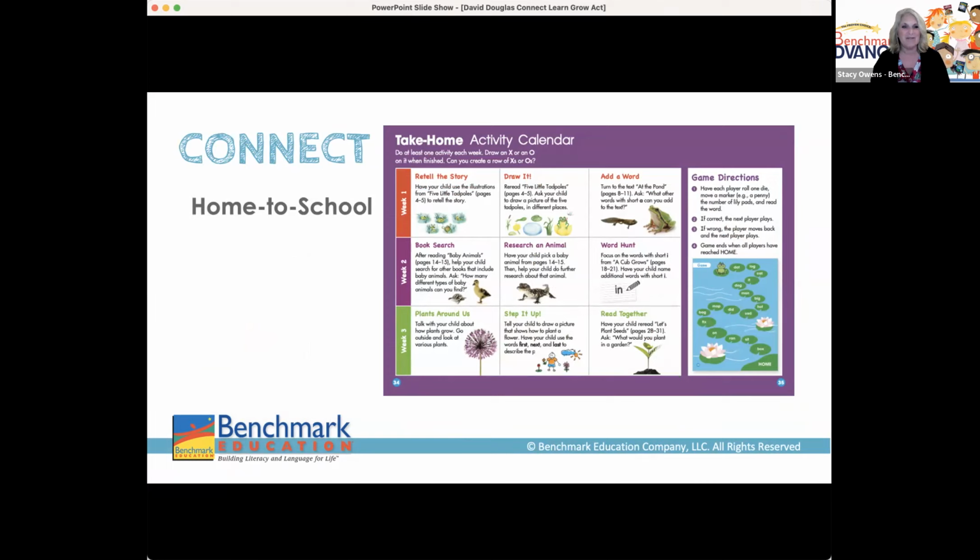In the take-home activity calendars, they show caregivers how they can interact and extend those learning opportunities. We also have introduction letters that go home to parents and families. They're available in multiple languages and support this home-school connection. These materials also provide a fun opportunity and inspiring ideas to keep the learning going from home. Families with multiple grade level students will appreciate learning similarities, making for fun conversations in the drive home from school or even around the dinner table.